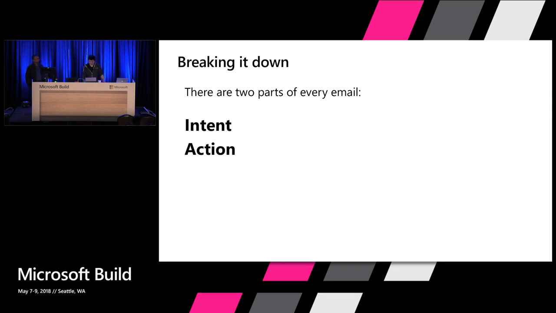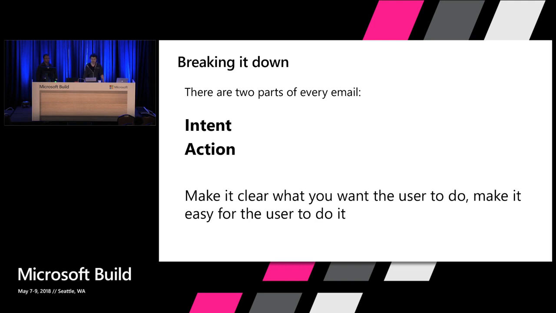So, from my personal experience as a PM, who I constantly am asking developers like Amar to do stuff for me, I have some really easy advice for how to make this useful. You have to make it very clear to the user what you want the user to do, and also make it really easy for the user for what the action is that you want them to take. So that's the summary of how to make a very useful email notification.